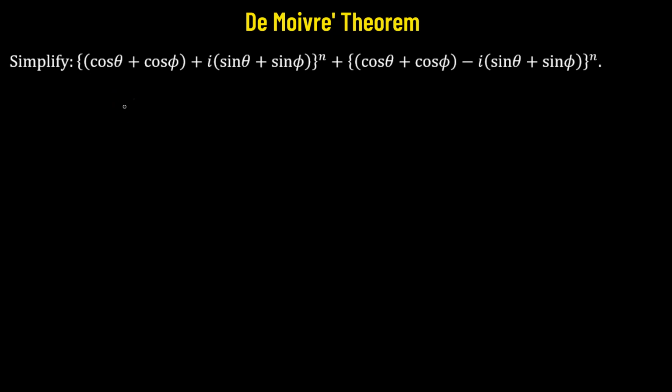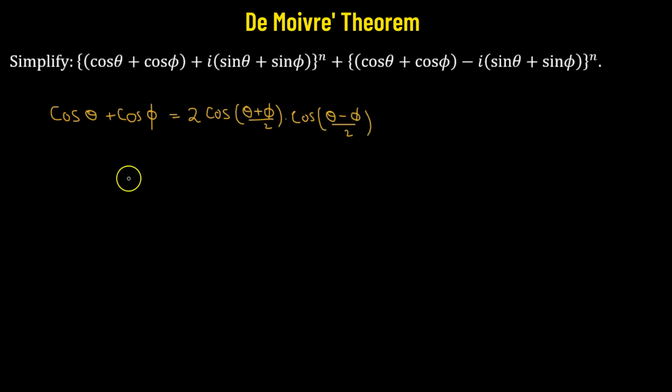We need to simplify the following. So first, what we'll do, we'll combine cosine theta plus cosine phi. We'll use the trigonometric formula whenever we have cosine of theta added to cosine of phi. So that's given by 2 times cosine of (theta plus phi) over 2 multiplied to cosine of (theta minus phi)